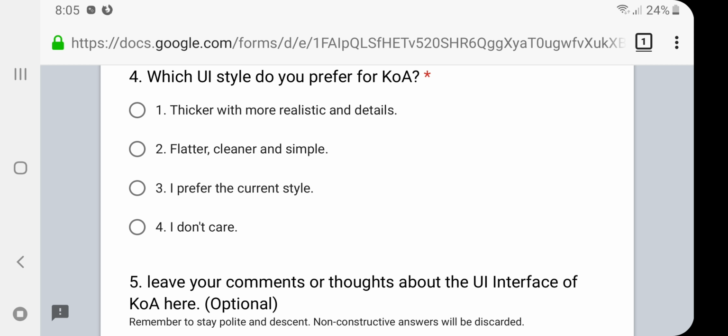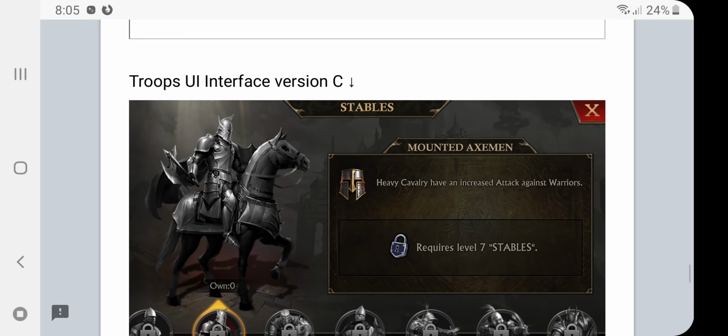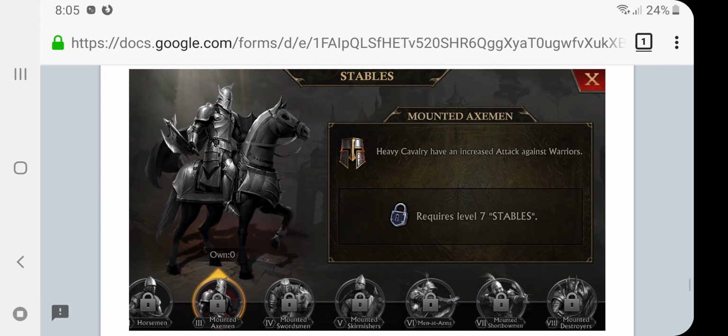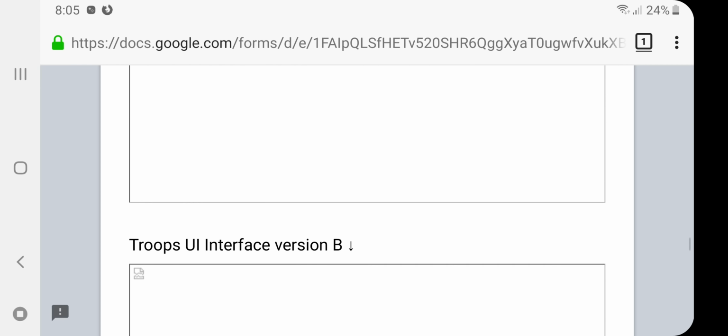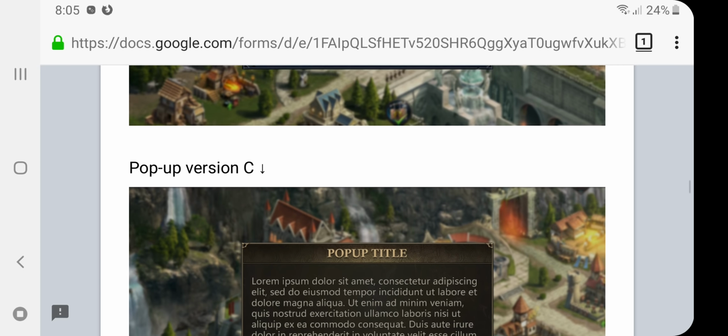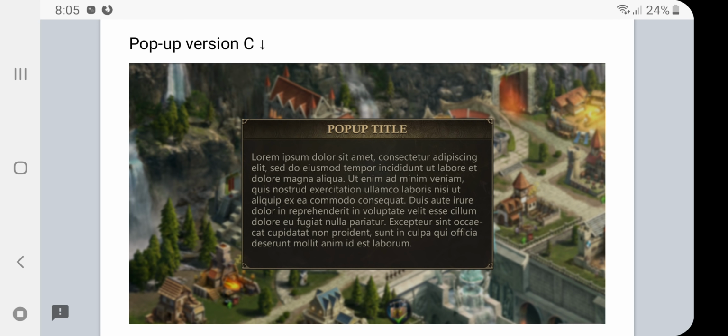I do like flat design. I'm not necessarily sure that King of Avalon would look good in a flat design, but hey, you guys could maybe pull it off, sort of. I don't know. More realistic and detailed. Detailed, guys, not details. So you might want to have your editor help you guys out when you're doing these things as well, because your English sucks. Oops, there goes me being constructive and positive.